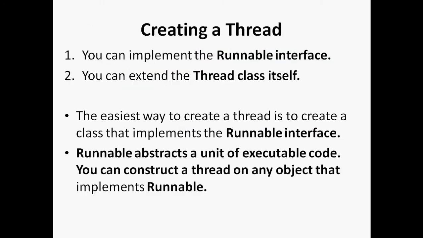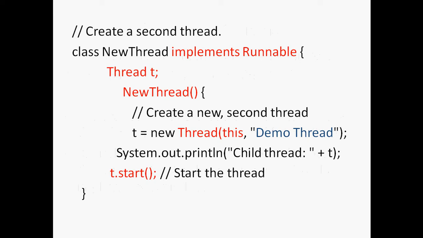Next, here we are discussing how to create a thread using implements Runnable. Now I want to use one more thread, so create a second thread. The first thread itself is the main function; for executing main, one thread is responsible. Now I am creating one more thread, my own thread, using the class NewThread. Class NewThread implements Runnable. Implements is a keyword that is used for interfaces, and Runnable is a standard interface that contains information about the thread. So next, Thread t.